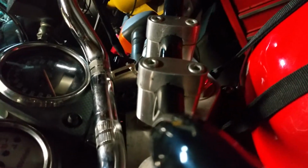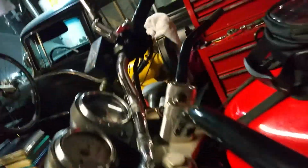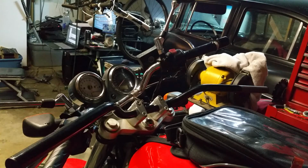Now another thing to keep in mind is that these risers don't sit flush. See, there's going to be a bit of a gap between them. So what you need to be sure of is that you actually tighten down front and back equally. That way one side doesn't stick up higher. Now that you got those tightened down and they're even front and rear,